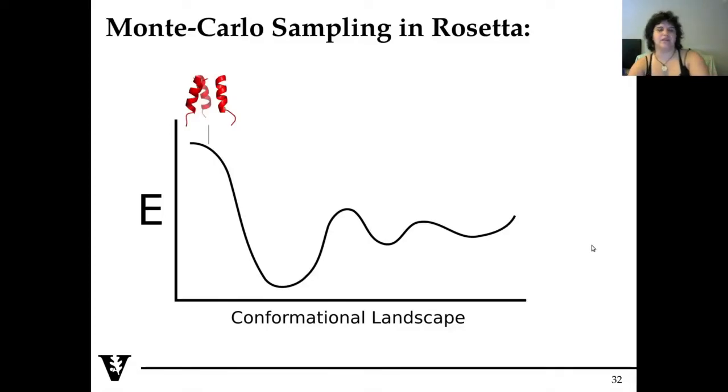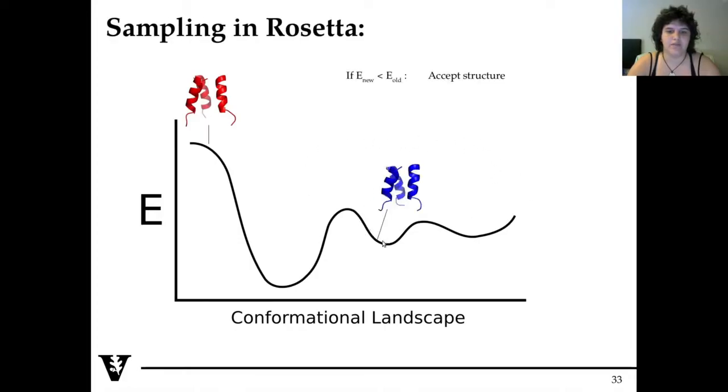So the next topic I want to discuss with you is the Monte Carlo sampling in Rosetta, because this is really important for the conformational landscape. So let's say that you have a first model that has an associated energy up here. Then you do a second model that has a lower energy. That is what Rosetta wants. So the Monte Carlo sampling will calculate that the new energy is lower than the old one, so we'll accept